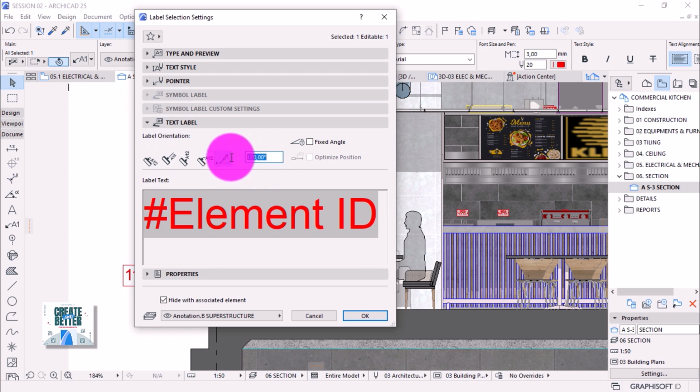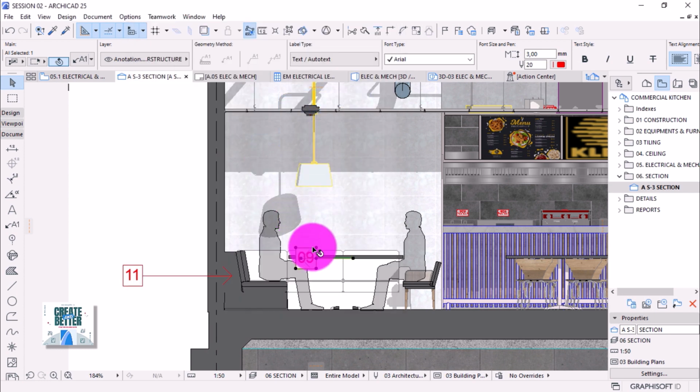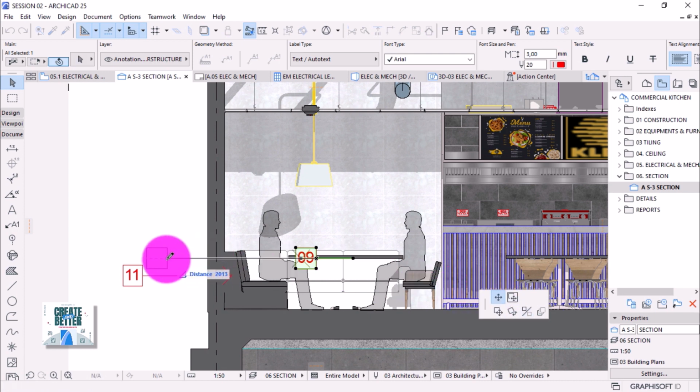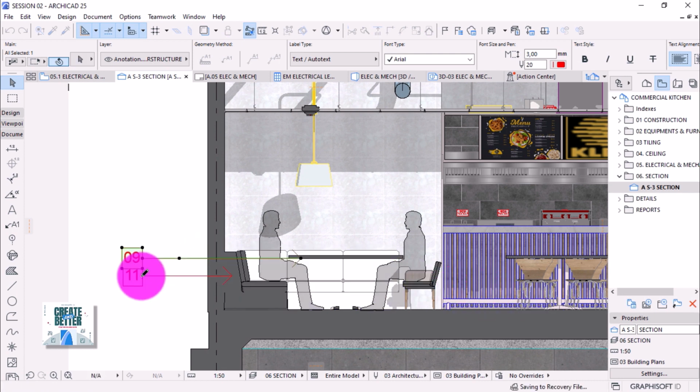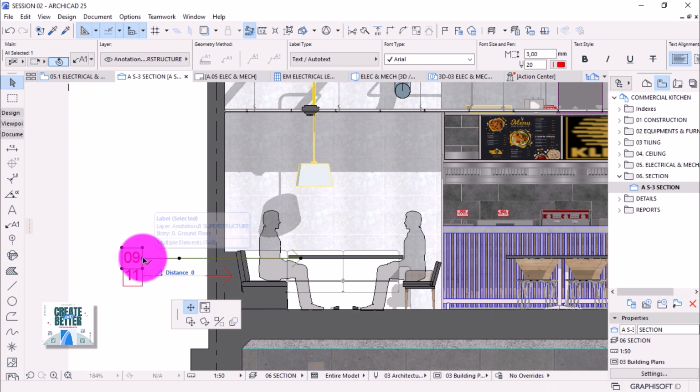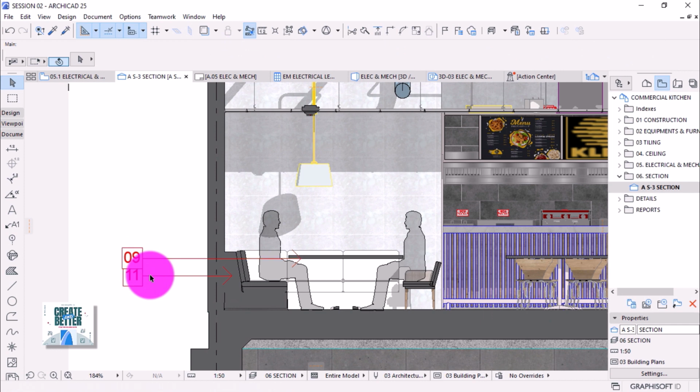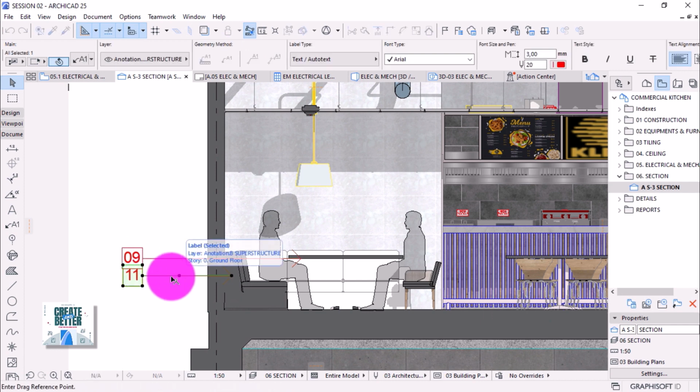Let's make it 0, or 180. Then you can stretch it to align it with the other, and then make sure there's enough space between the label. I'll move this one down, a bit down,